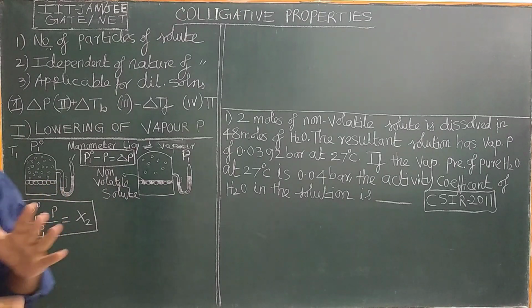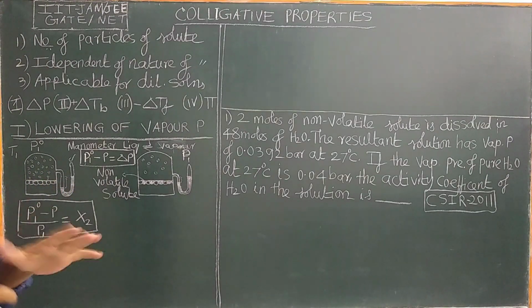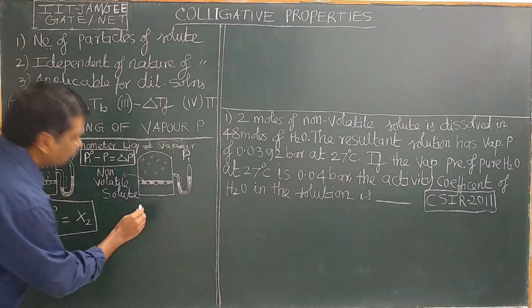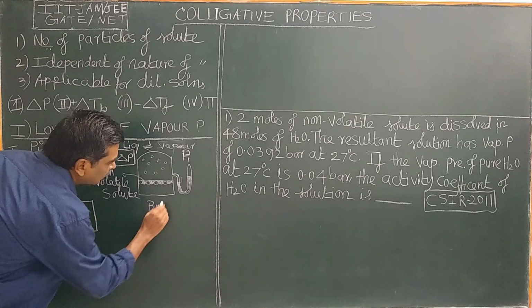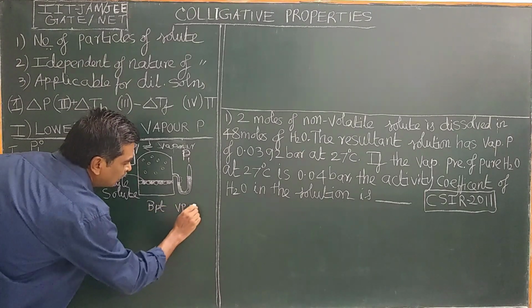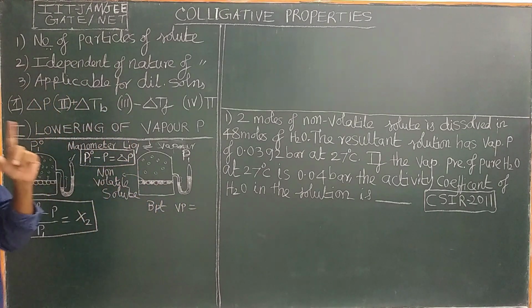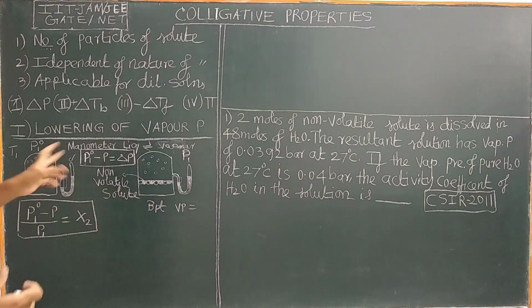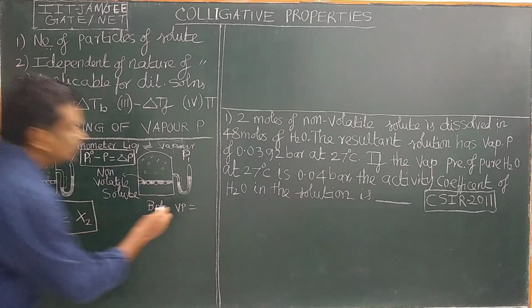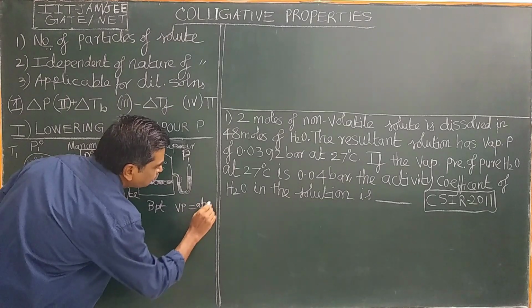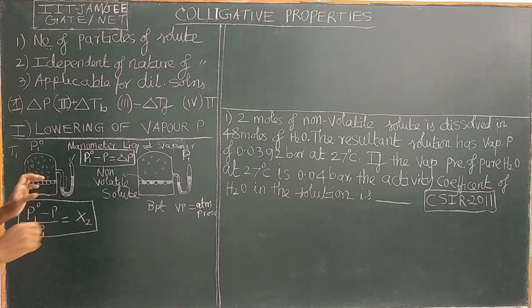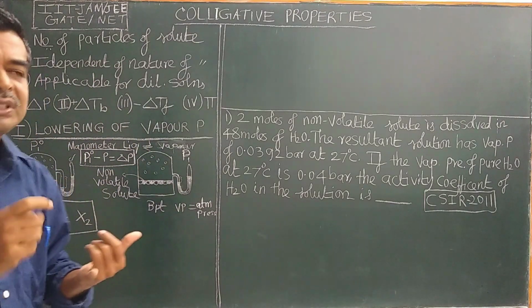Boiling point is the temperature at which the vapor pressure is equal to the atmospheric pressure. Remember, at boiling point, the vapor pressure above the liquid equals the atmospheric pressure, therefore only the boiling process takes place, whereas evaporation takes place at all temperatures. Now evaporation depends upon atmospheric pressure. Evaporation depends upon several factors.